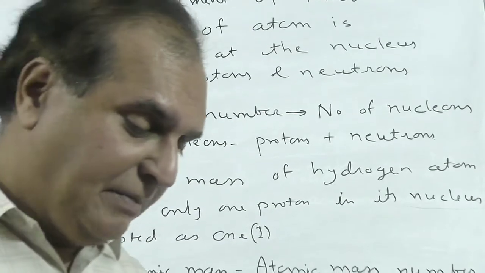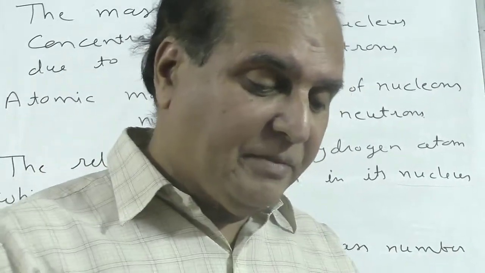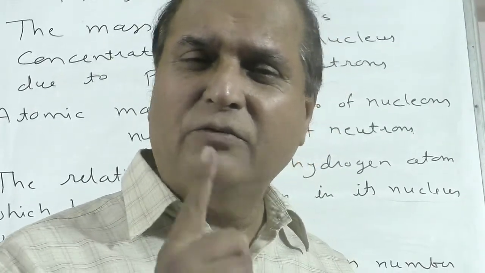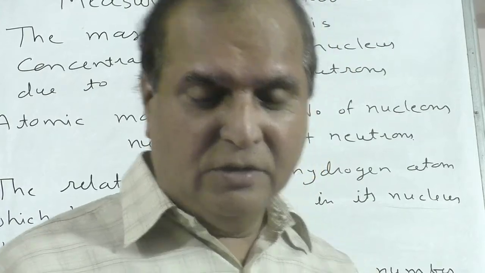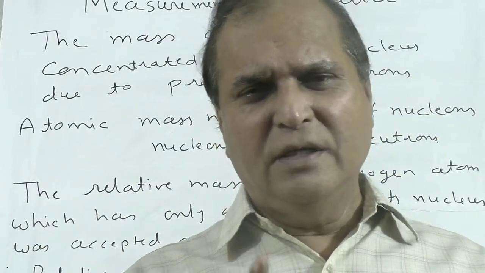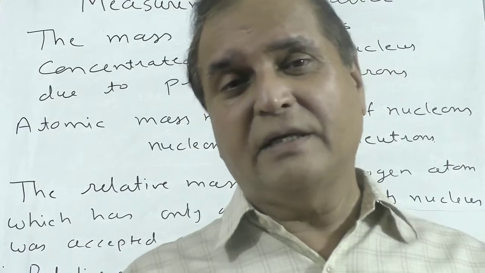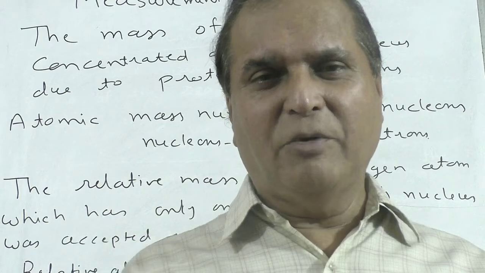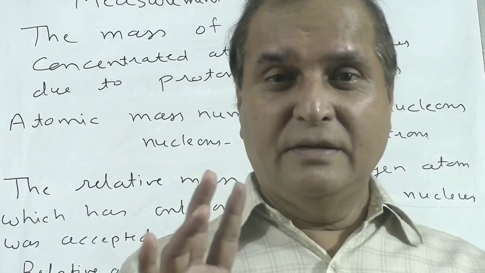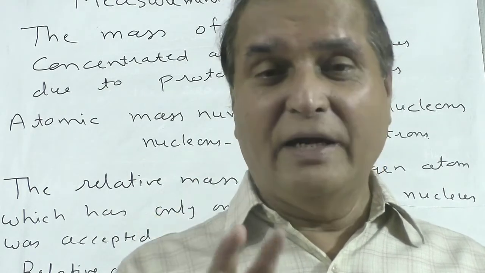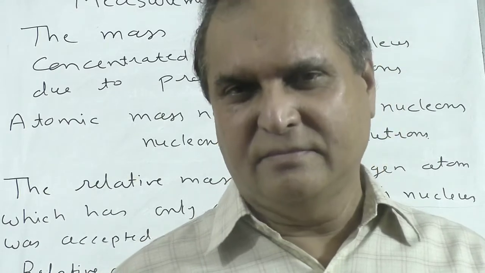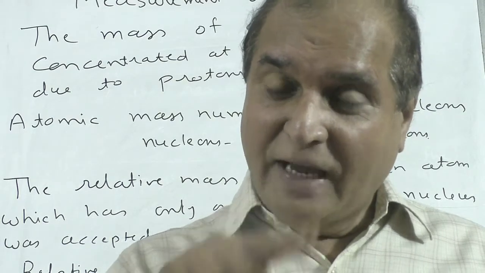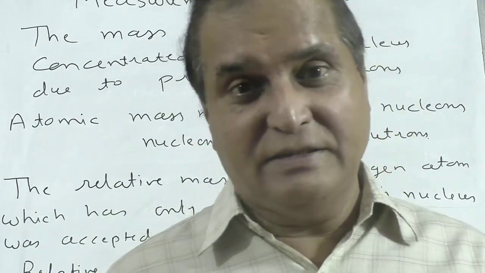Getting? Step by step we will go. Relative atomic mass: actually hydrogen is the smallest atom. Hydrogen has just 1 proton and 1 electron. So just the mass of 1 proton is the mass of hydrogen. So we have taken that as 1. Getting? But later on, due to some problem, we changed it: 1/12 of the carbon atom, carbon-12, is taken as 1. And with that, we compare other masses.